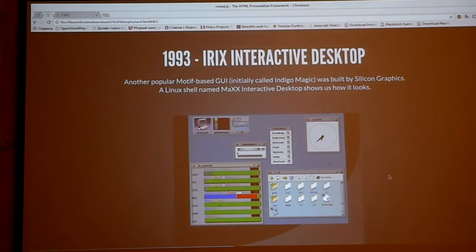In the same year, Silicon Graphics also created one more Unix graphical shell for its own Indigo workstations. At first it was called Indigo Magic, then IRIX Interactive Desktop. It was also based on Motif,